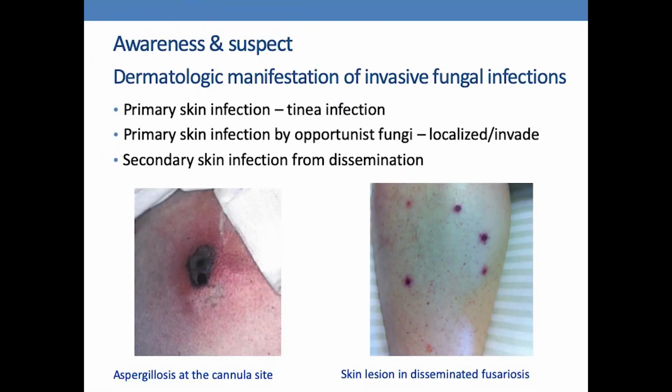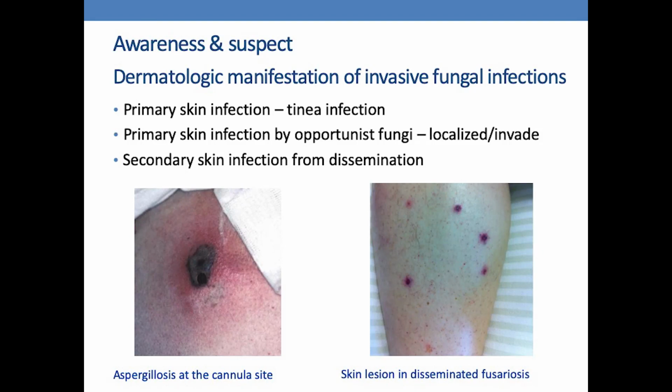You heard in the morning, Professor Lee mentioned the dermatologic manifestations. I have already shown you earlier a case of suspected fusarium which should have been thought about. So here I would say that clinicians should be aware of skin lesions and should take a biopsy from them properly. You can have a primary skin lesion because of opportunist fungi, or a disseminated infection which can manifest with a skin lesion.